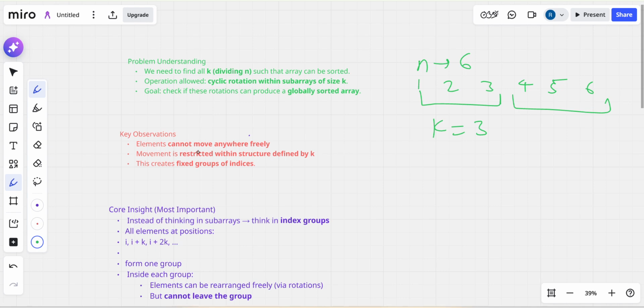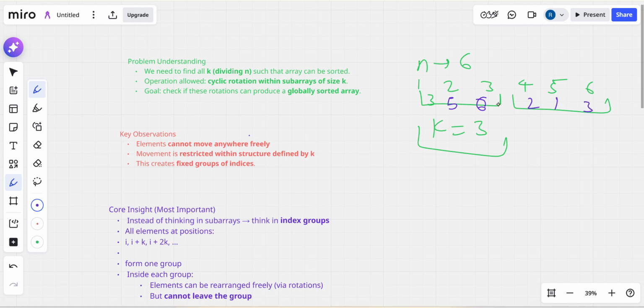One key observation is that elements cannot move freely. This means that you cannot sort the whole array or a part of the array, like a subarray. You cannot do normal sorting on this part. Maybe the array elements can be 3 5 6 and 2 1 3. This is also possible.